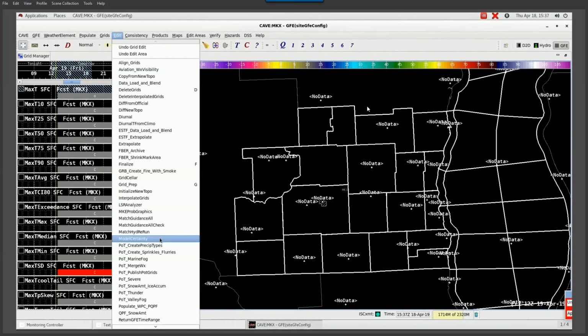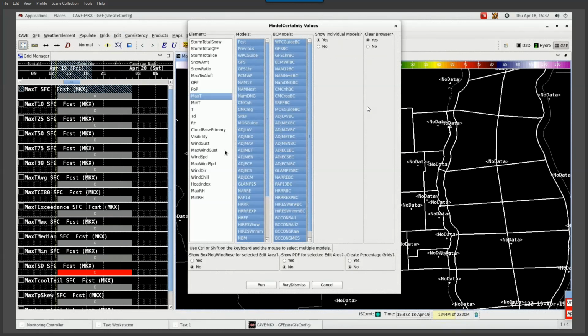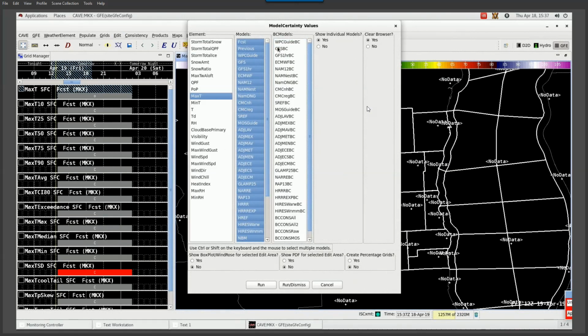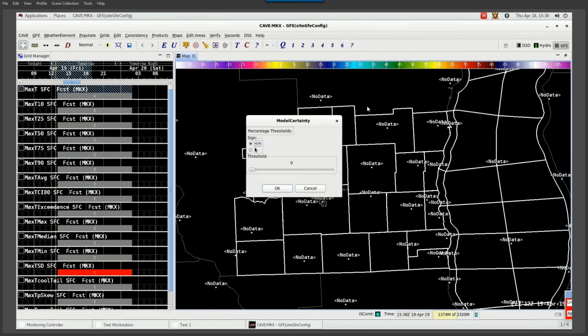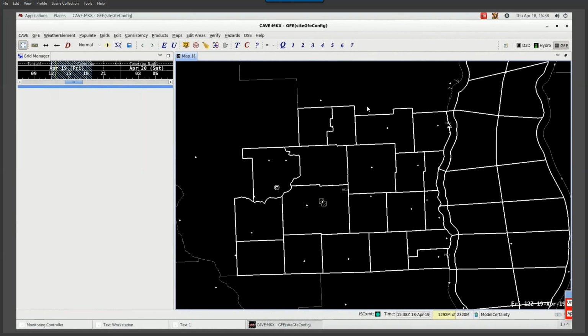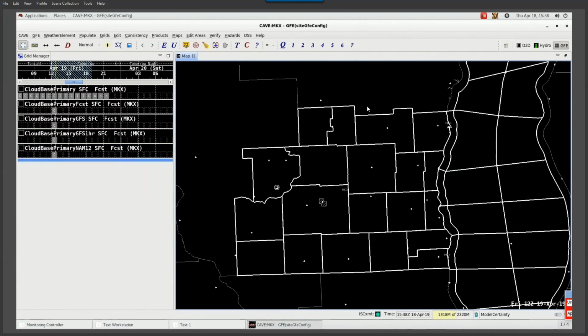So Model Certainty is under the edit menu. Click this. There are no bias corrected cloud-based primary grids. So we're just going to do our raw models in MOS and do a cloud-based primary. We will go ahead and show box plots. We'll go ahead and show a PDF just for good measure, and we'll create some percentage grids as well to highlight areas or probabilities of being IFR conditions. So we'll go ahead and run it. We'll set our threshold to be less than or equal to 900 feet, since we're looking at ceiling and IFR. And we will go ahead and let this run,